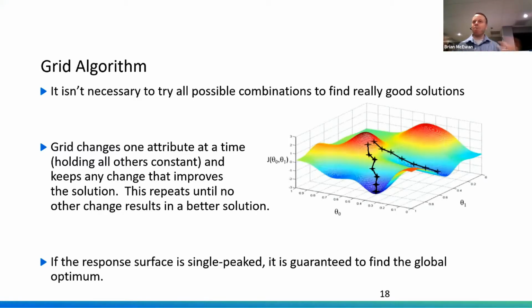We would create maybe a random configuration of a product. We can also do it intelligently by starting off with the best level of each attribute, the one that has the highest utility. Then we would start with that configuration, and start at attribute 1, and say, are there any changes we can make that climb up the hill, that improve the share